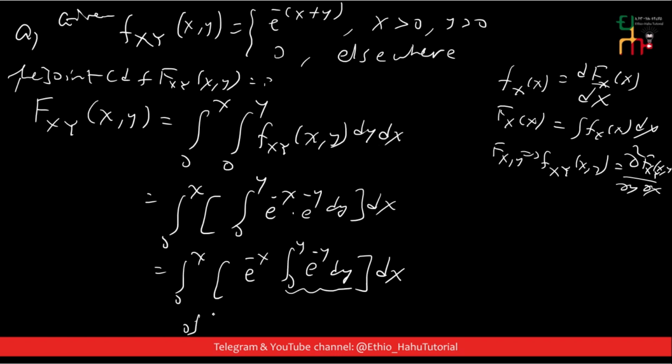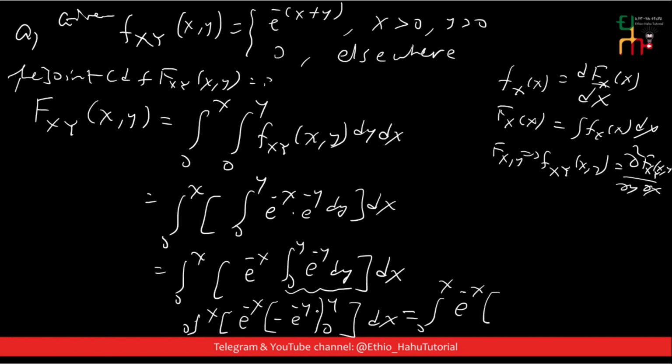ይሄንን የዚህ ኢንቴግራል ሲወጣ ምን ይሆናል? The integral from 0 to x of e to the power of minus x አድርጌ, የዚህ ኢንቴግራል ሲወጣ minus e to the power of minus y ይሆናል። ሊሚት ኦፍ ኢንቴግሬሽናችን ከየት ነው? ከ0 እስከ y ማለት ነው times dx ይሆናል። ለy ይሄ ማለት the integral from 0 to x አድርጌ e to the power of minus x ይሆንና ለy yን ሰብስቲዩት ባደርግ minus e to the power of minus y ይሆናል። ለy 0 ሰብስቲዩት ባደርግ minus e to the power of 0 minus ከዴፊኒሽኑ ላይ ያለኝ minus e to the power of 0 ይሆናል times dx ይሆናል። ይሄ ማለት e to the power of minus 0 ማለት 1 ነው, minus minus plus ነው, 1 minus e to the power of minus y ይሆናል።